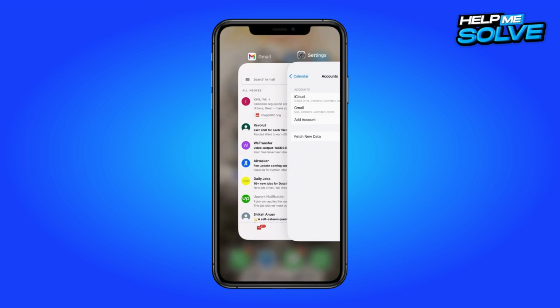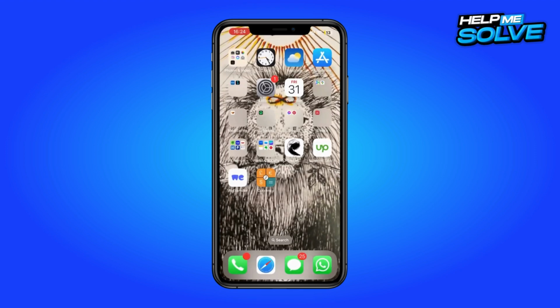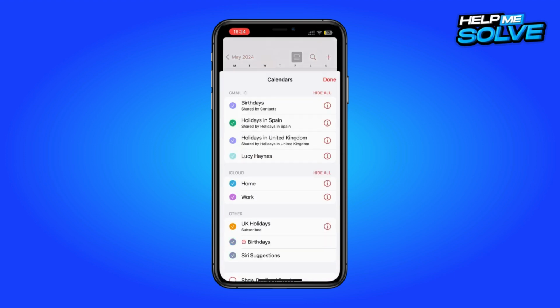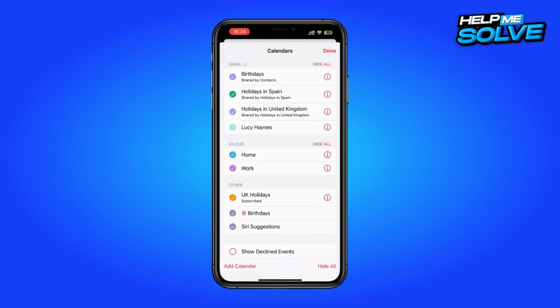And then let's go to our calendar, and then from here you can see that it's syncing now. So you can see at the bottom that there's a little spinning wheel, and if you click on that